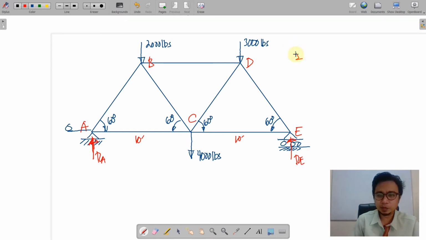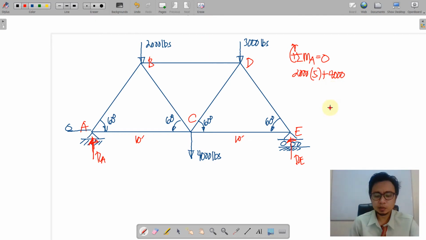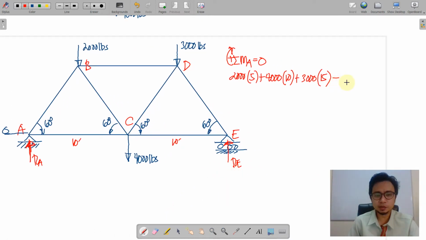So by summation of moments at A, we have clockwise 2000 times moment arm of 5 plus 4000 times 10 plus 3000 times 15, okay, minus RE times 20 is equal to 0. So we get RE is equal to